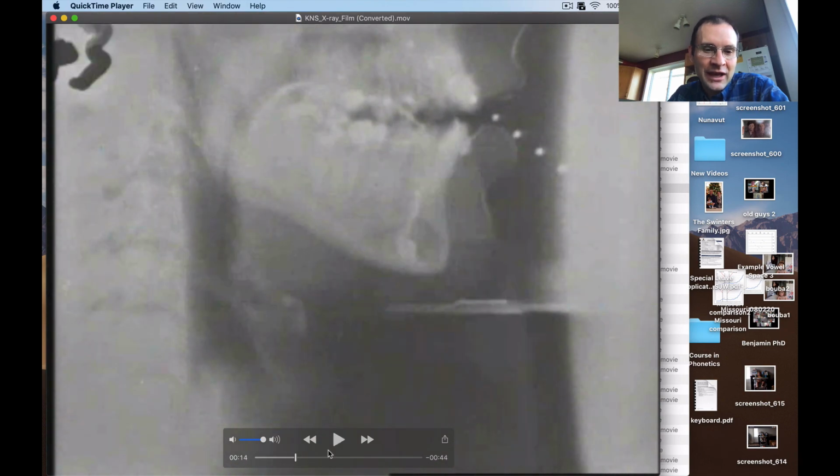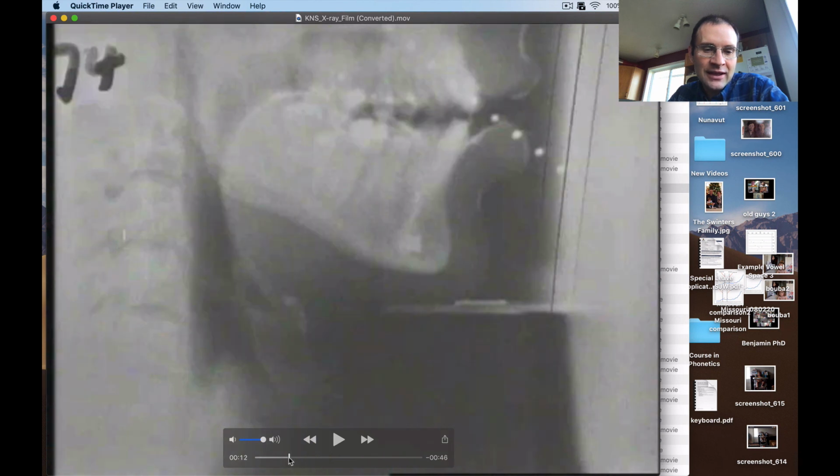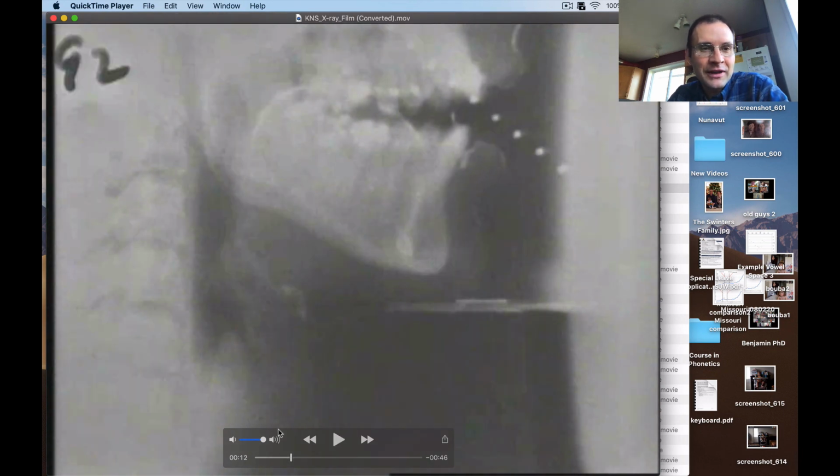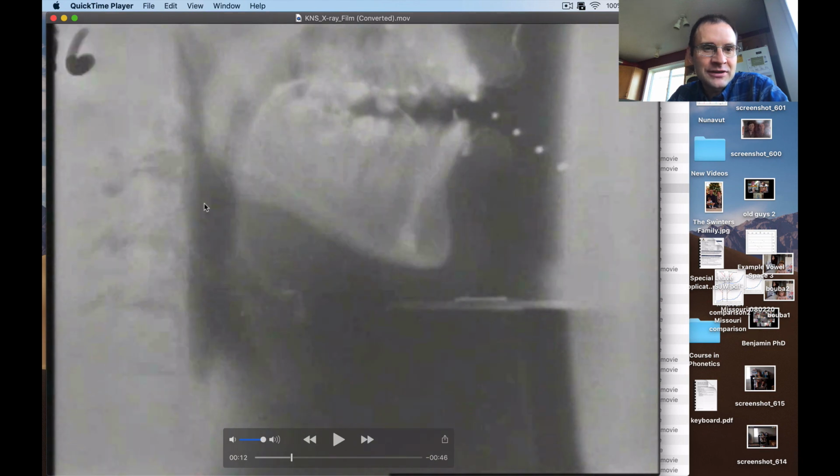I want to focus on that part real quick. He says hade and hane. Again, who knows exactly why. So the part that you might not have been paying attention to is this. This is your soft palate, or your velum. So normally when you're breathing, air can flow out through your nose through this passageway. But when he starts to speak,